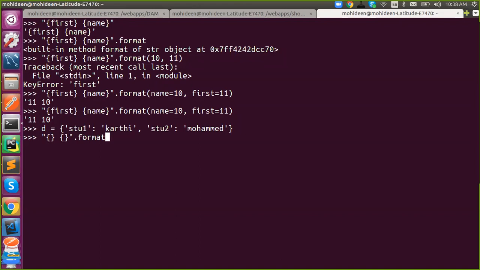Dot format, and if we pass D, what will happen? Any idea?